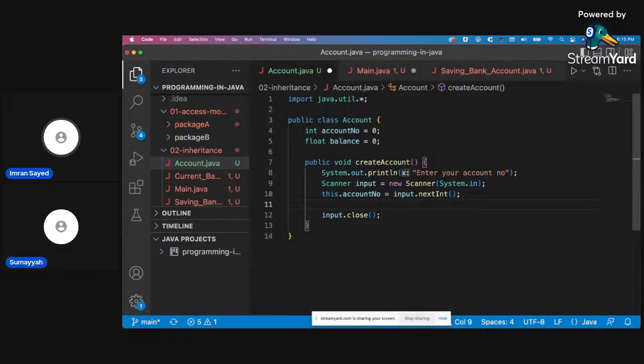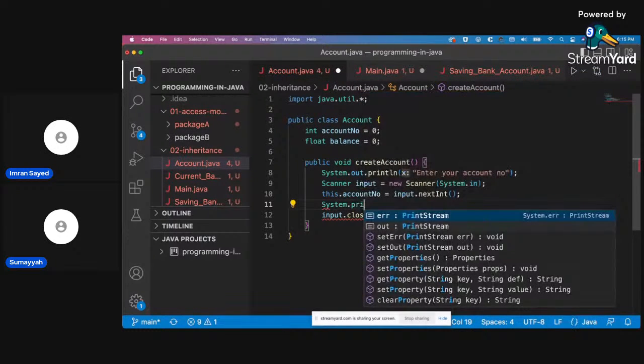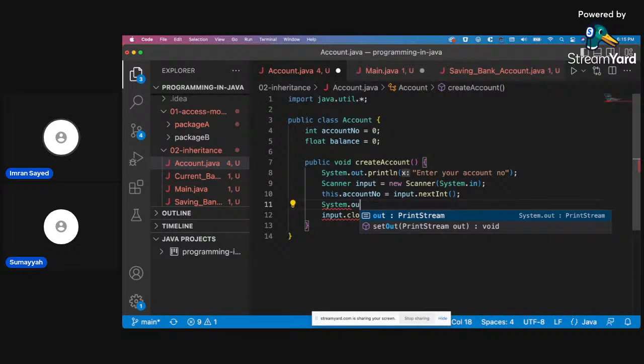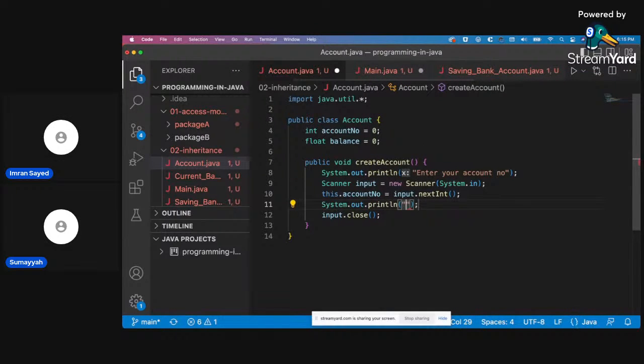Okay, now let's just print that account number for now. System.out.println this dot account number created.